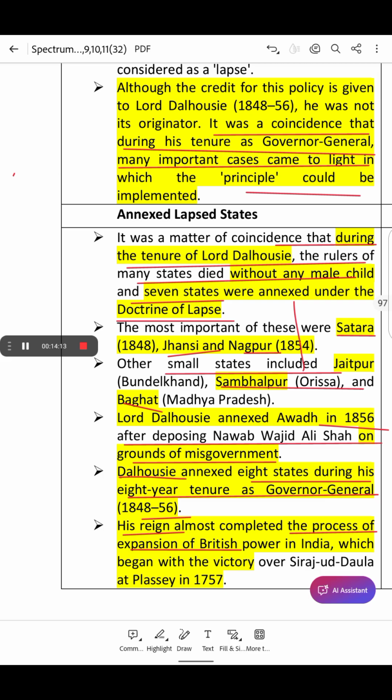Now, if the question comes like, the Doctrine of Lapse had historical precedence, explain. Under this, we have to remember Maharaja Ranjit Singh. Maharaja Ranjit Singh annexed some small princely states, also termed feudatory principalities, when their ruler died without a biological heir. This was similar to the Doctrine of Lapse, but was used on a smaller scale.